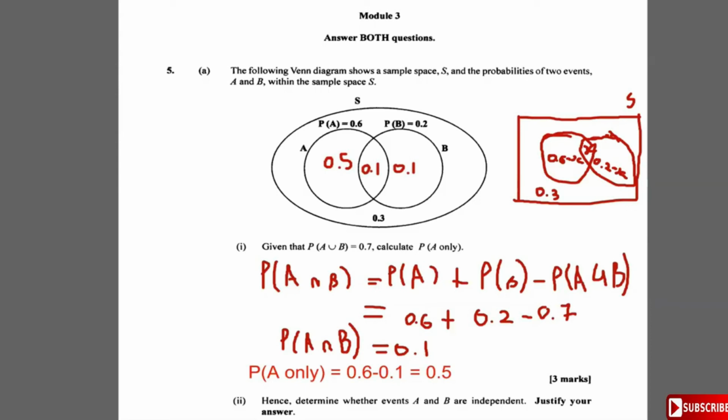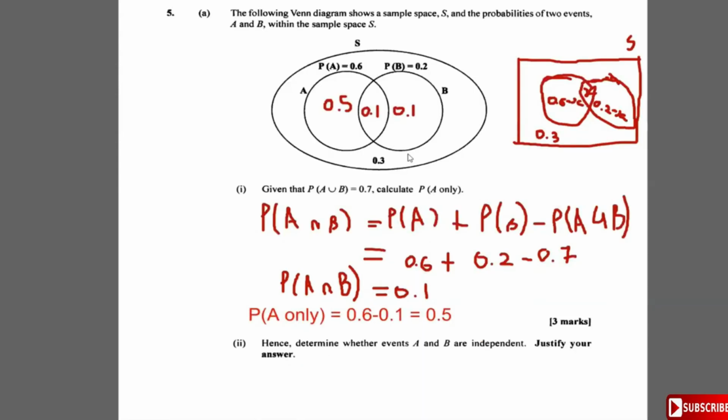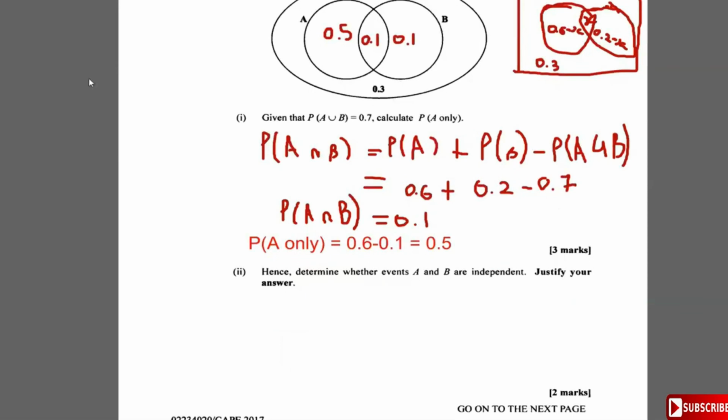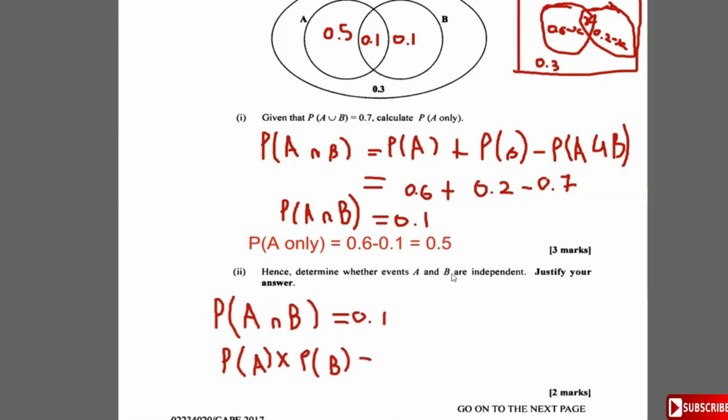Now, it goes further to say, hence, determine if A and B are independent events. A and B are independent events if the probability of A intersect B is equal to the probability of A times the probability of B. Now, the probability of A intersect B, we found that is 0.1. And the probability of A times the probability of B is going to be equal to